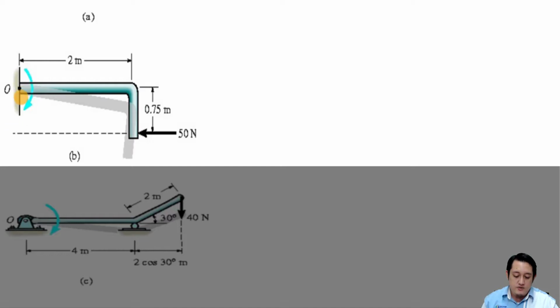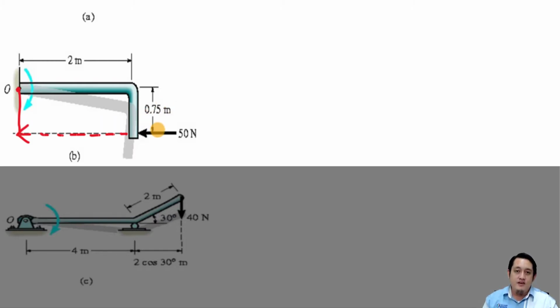So if we look closely, this force here, if we extend the direction of this force like this, the distance which is perpendicular to this line of force is from here to here. So which one is this distance? This one here is